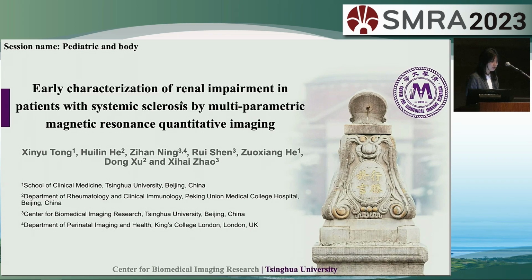The diagnosis of SRC depends on clinical characteristics. However, invasive procedures may increase the risk of complications, and microstructural and functional impairment may occur prior to clinical symptoms. So this study aims to characterize early impairment of renal microstructure in SSc patients using